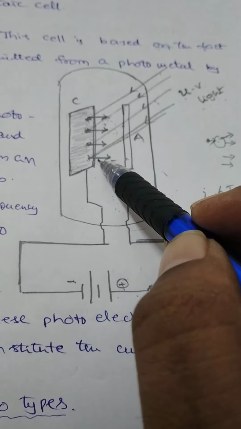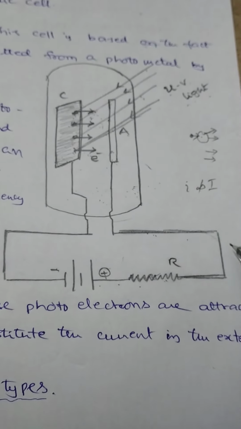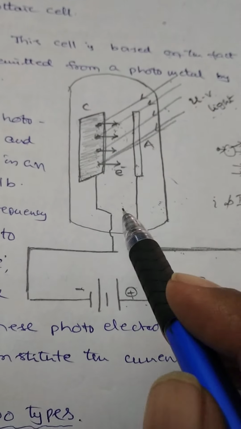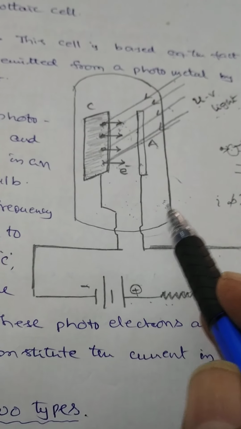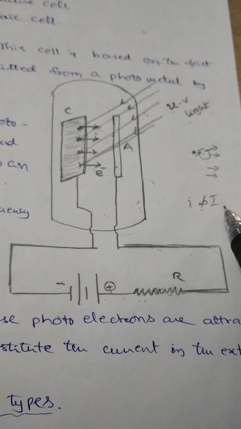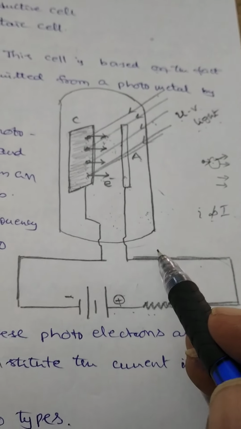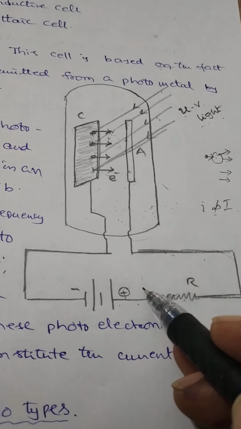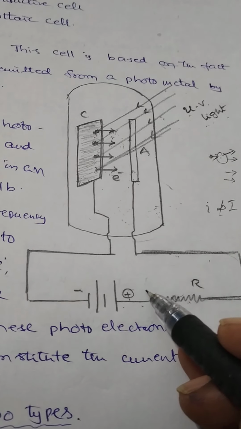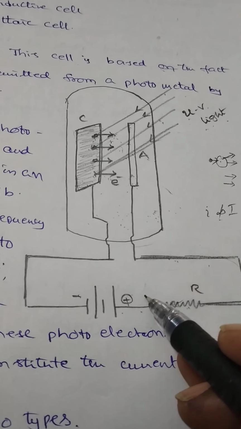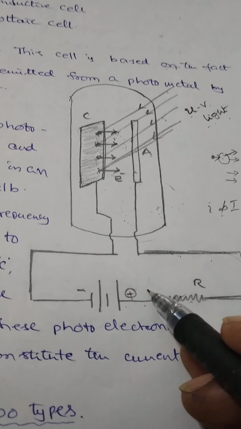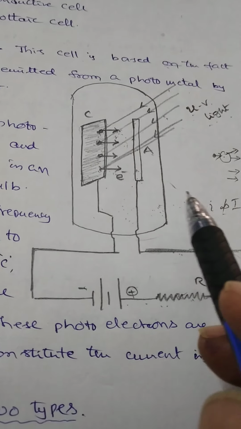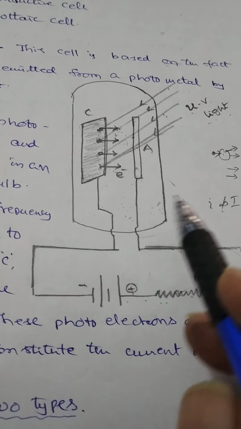These electrons are also attracted towards the anode and they constitute the larger current in the external circuit. So in this type, gas-filled photoemissive cells, photoelectric current is not directly proportional to intensity of incident light. But these type of cells are generally used in recording and reproduction of sound on film tracks. For sound recording on the film tracks, reproduction of sound, these gas-filled types of photoemissive cells are compulsorily used.